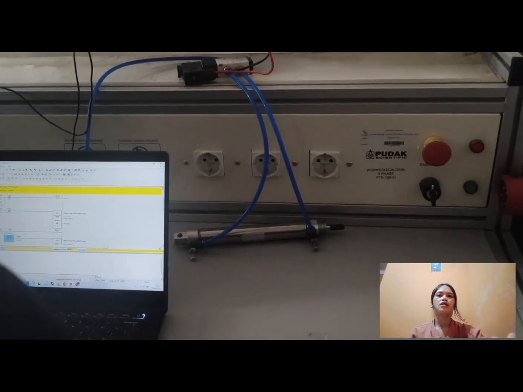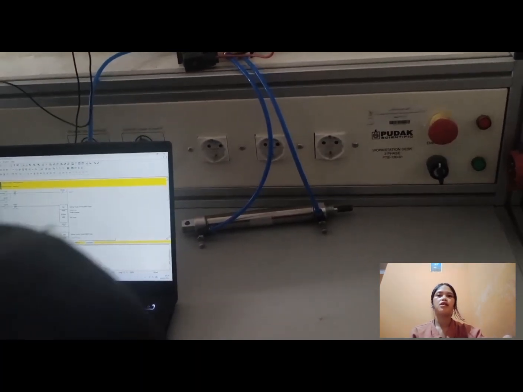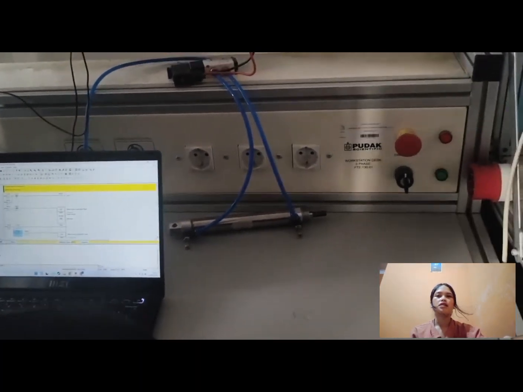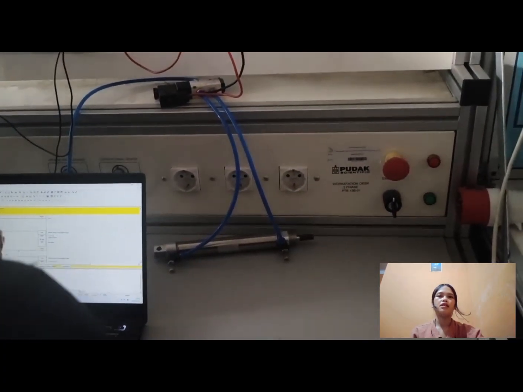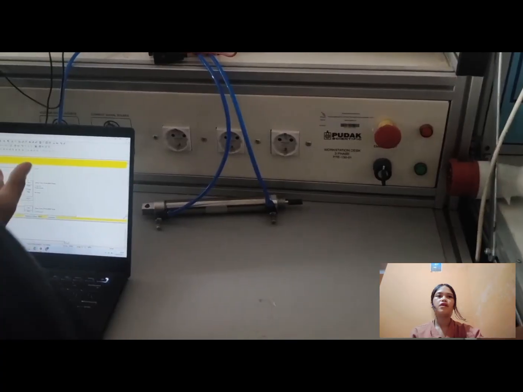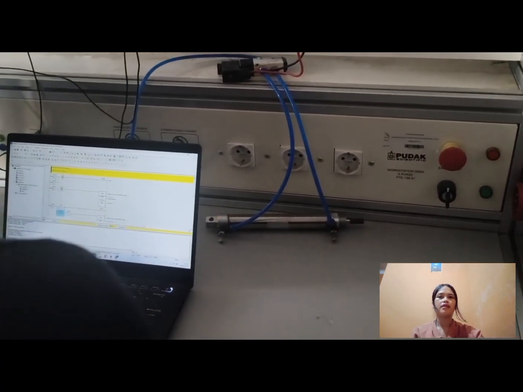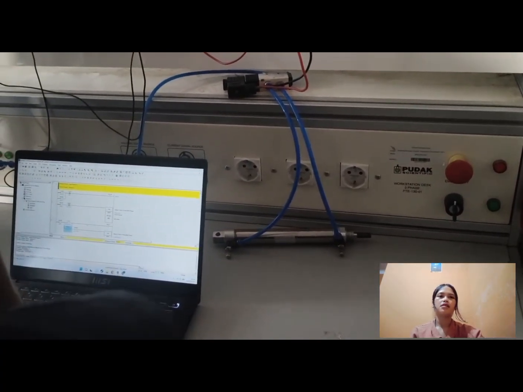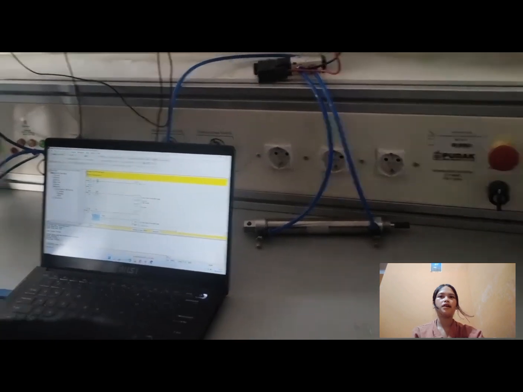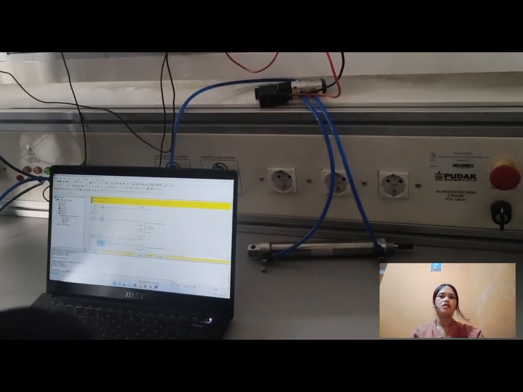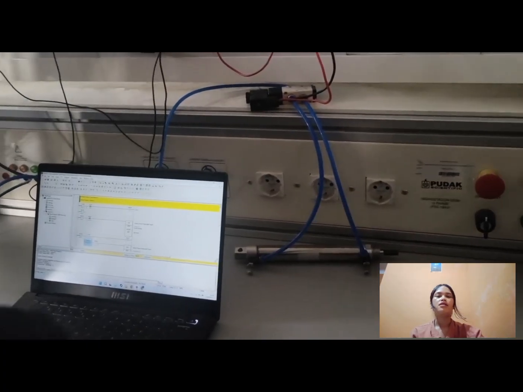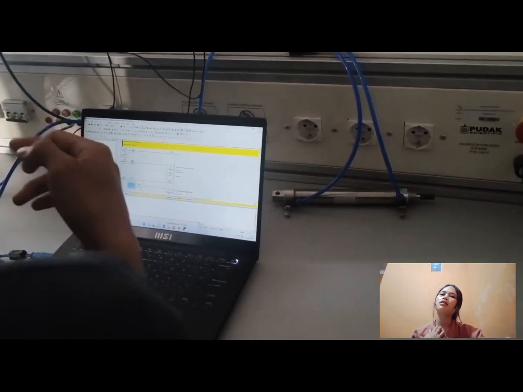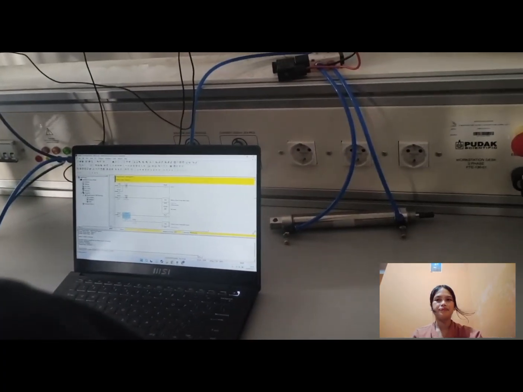Finally, the solenoid output is activated only when the system is on and both timers are complete. This ensures that the solenoid energizes with a controlled delay sequence.